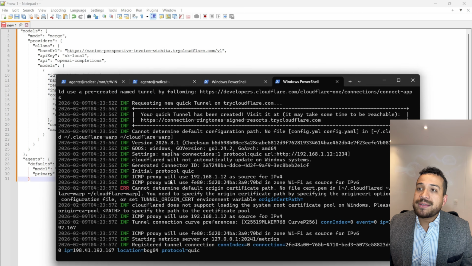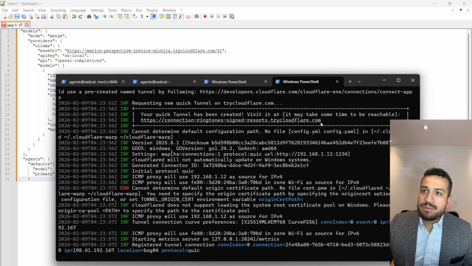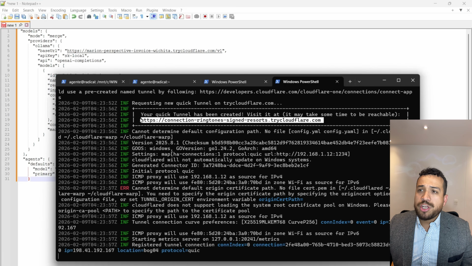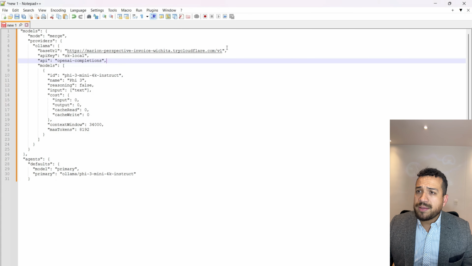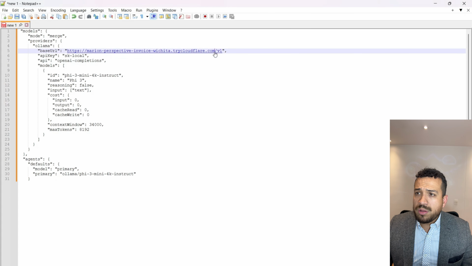So we are replacing right here, okay, the base URL. We are changing some other things relating to the models, relating to the information for the ID, okay. Remember that we installed Qwen, okay, so we need to keep the same format, the same context,